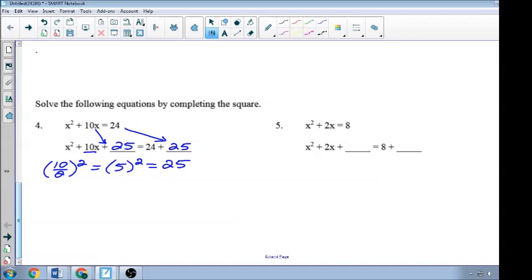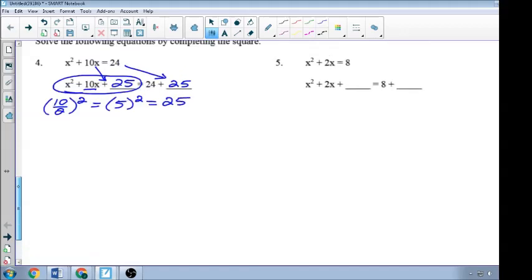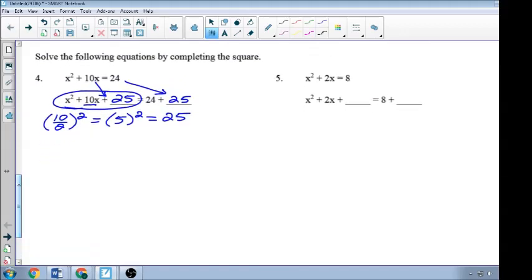Okay? Now, at this point, what I want to do to solve this is I actually want to factor this perfect square trinomial. Well, there is an easier way to factor it than actually using a factor tree like we have in the past. If you want to use a factor tree, that's perfectly fine. If you're comfortable with a factor tree and you'd rather use that, that is perfectly fine. But there is a much easier way to do it. I can just use this number right here, and I can plug it into